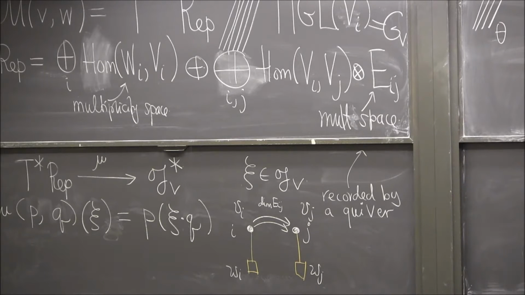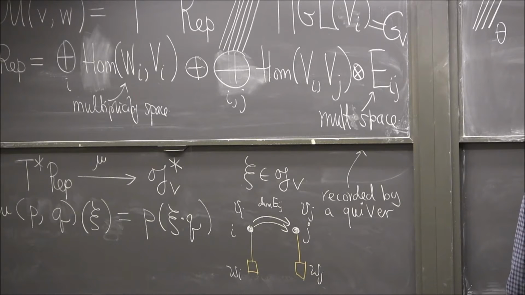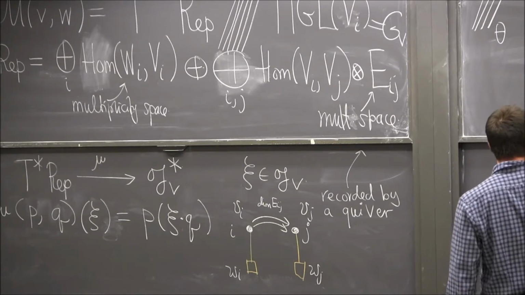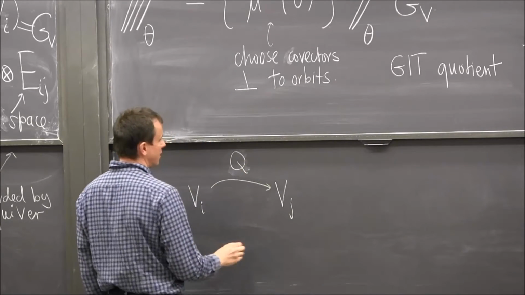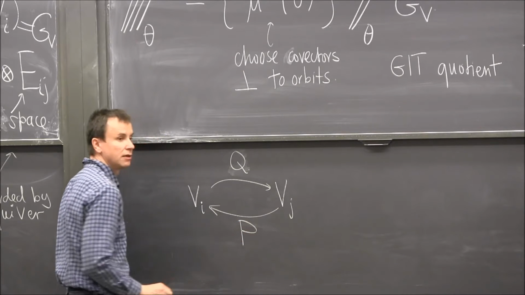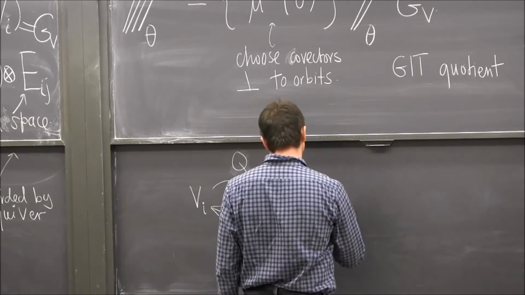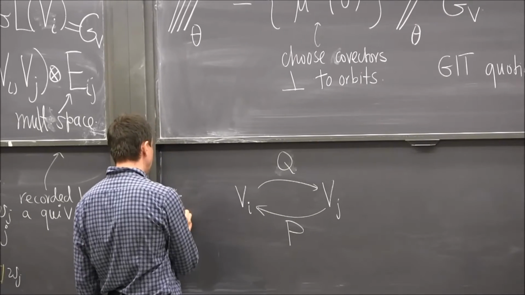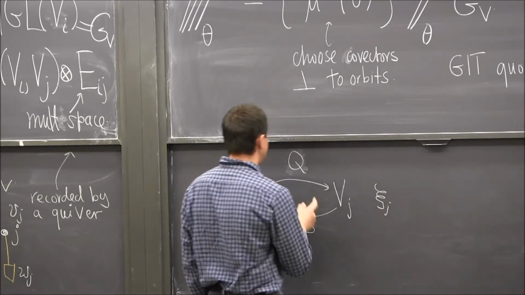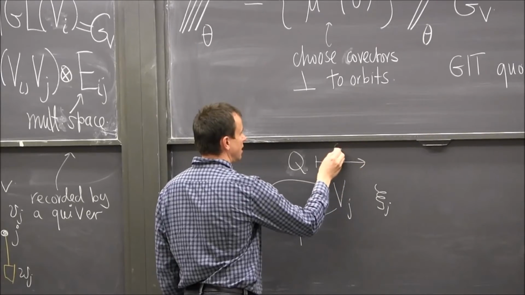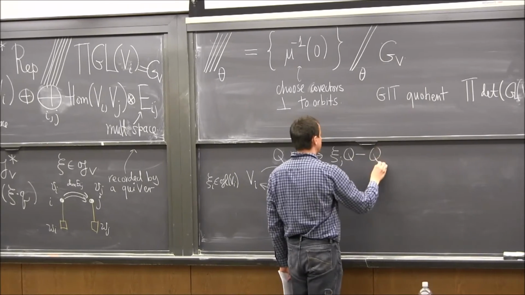And so what this moment map is concretely is that if I have my space V_i here, V_j there, then a vector in my space would be a map, X, maybe I'll write it Q, and the covector of the dual thing would be a map the other way, it would be P. And if psi_i is in GL(V_i), and similarly psi_j is here, then under this action of psi, you post-compose with psi_j, so psi_j Q minus Q psi_i,